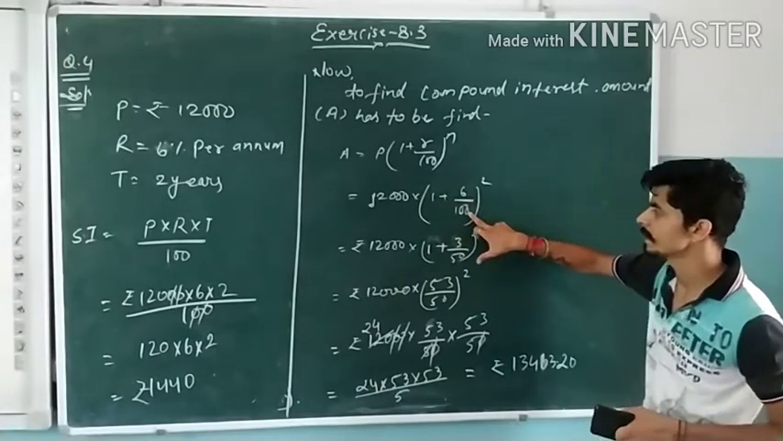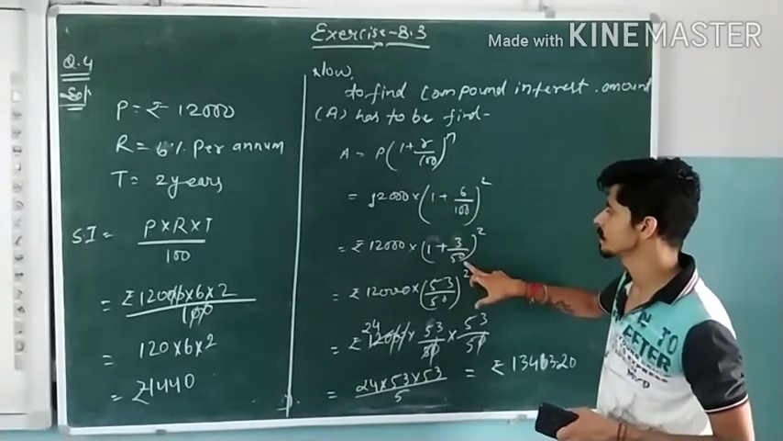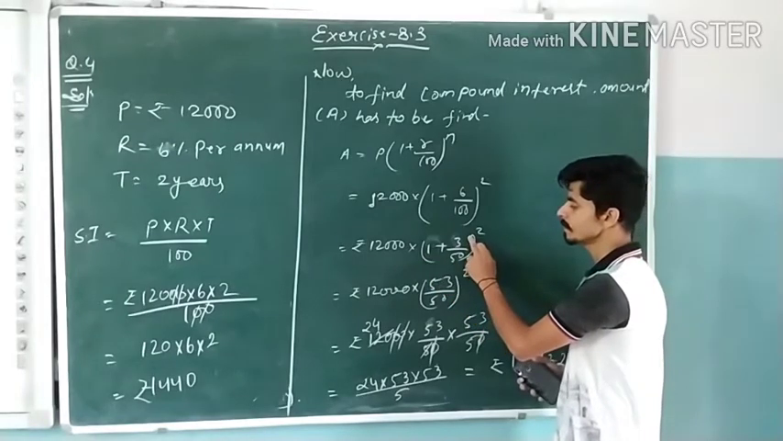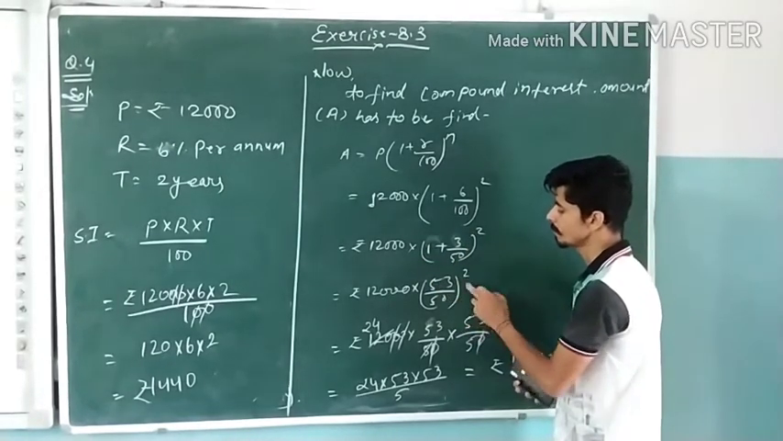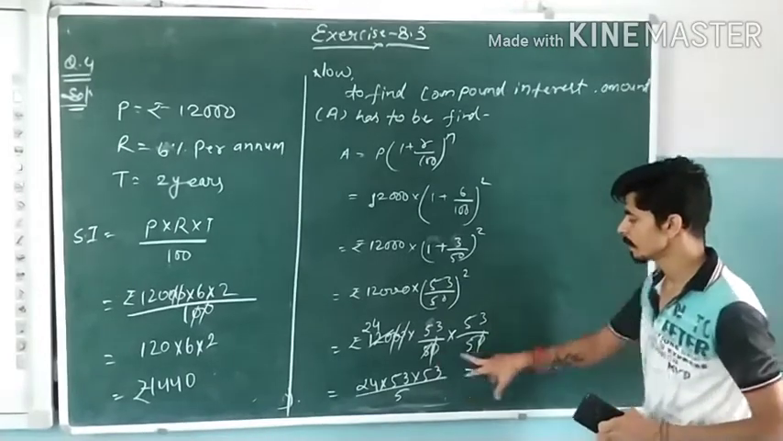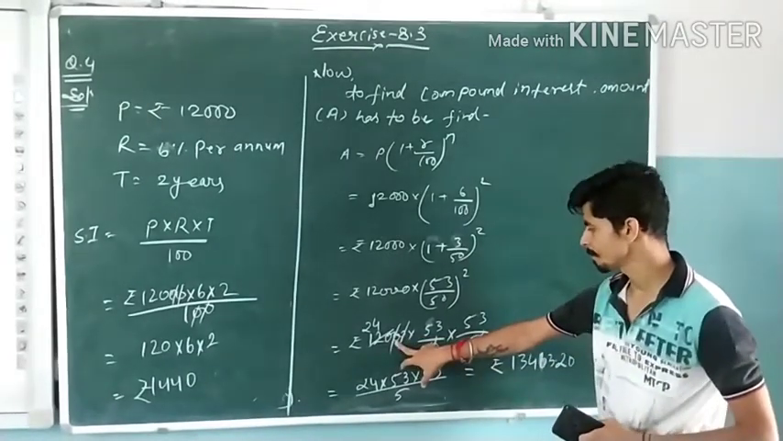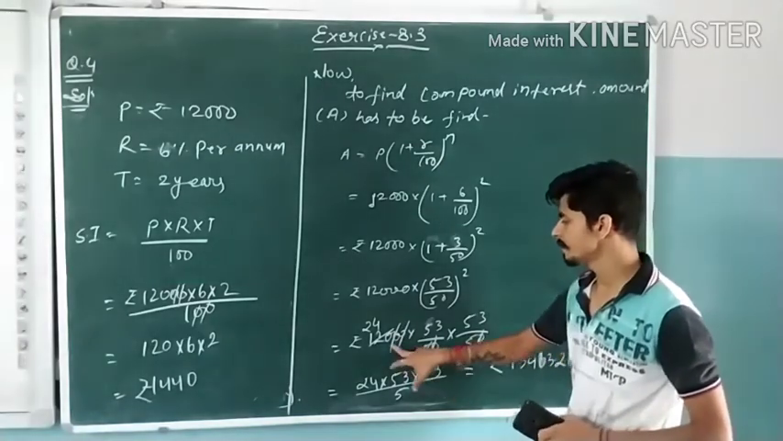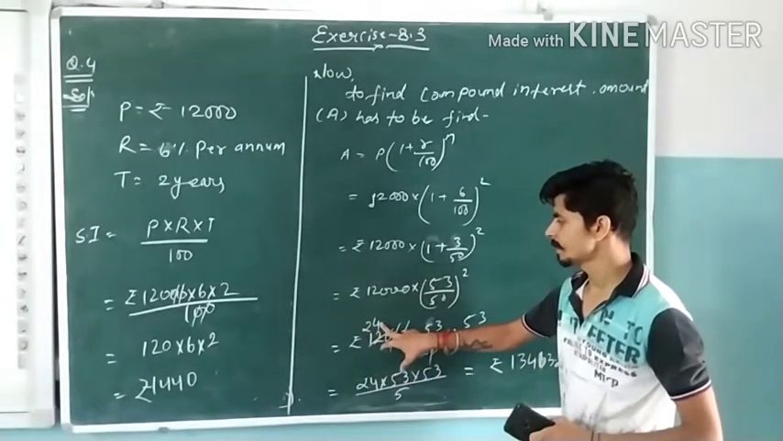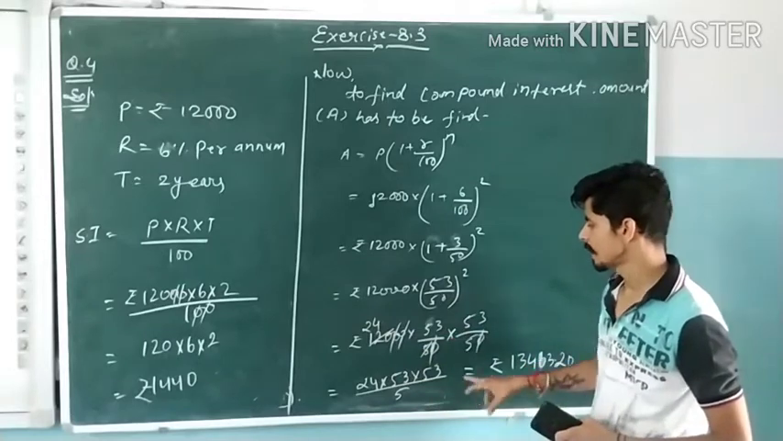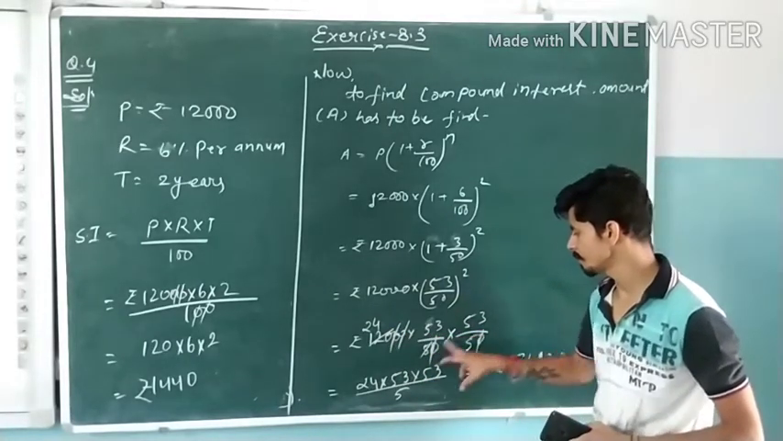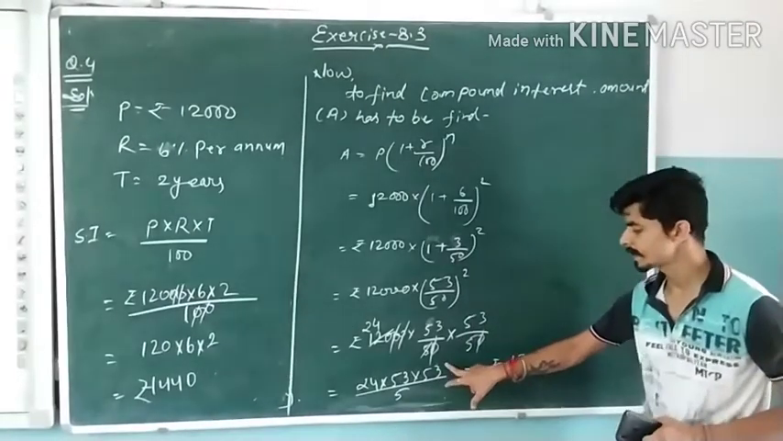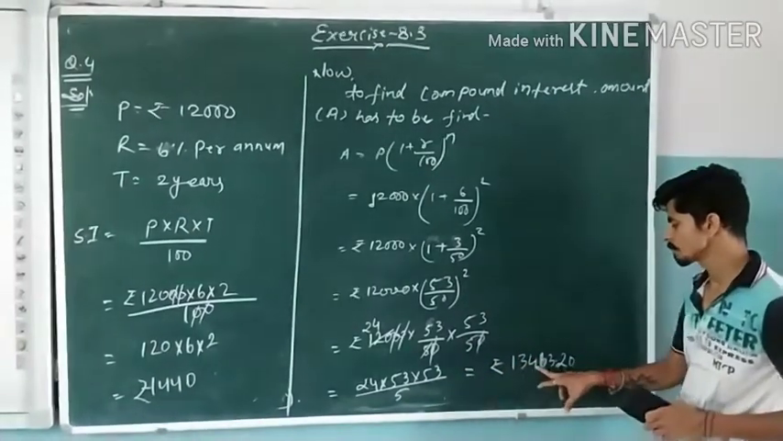Now 6 and 100 will be divided by 2, so we get 3 and 50. Now 50 will be multiplied with 1 and added with 3, so it will become 53 upon 50. We have to write it 2 times. Now 0 and 0 will be cut from here. After that 5 will divide 120 by 24 times, so we get 24 into 53 into 53 upon 5. When we simplify it, multiply and divide, we get